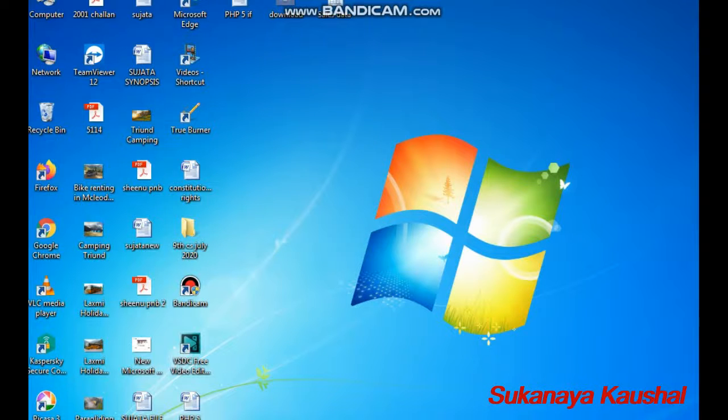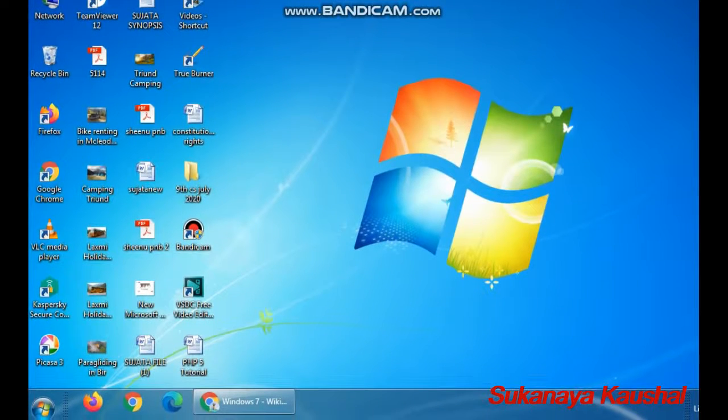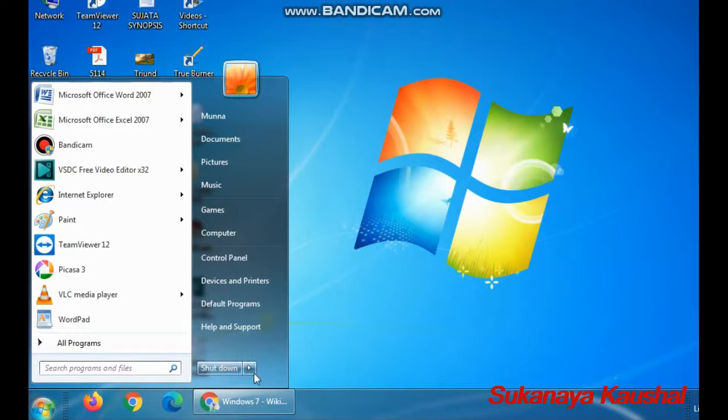In the next we have the shutdown. So this is the shutdown feature. By clicking on the start menu, I get the shutdown. Otherwise I have options like switch user. If there are two users available in the operating system, I can switch the user and access my other account as well. So it is going to log off.